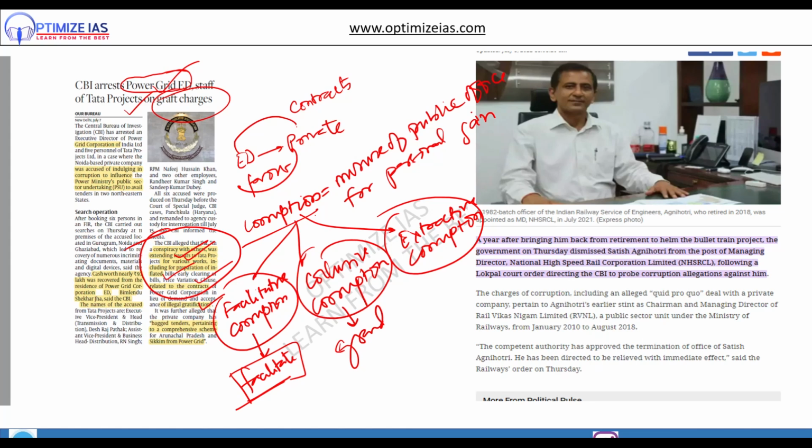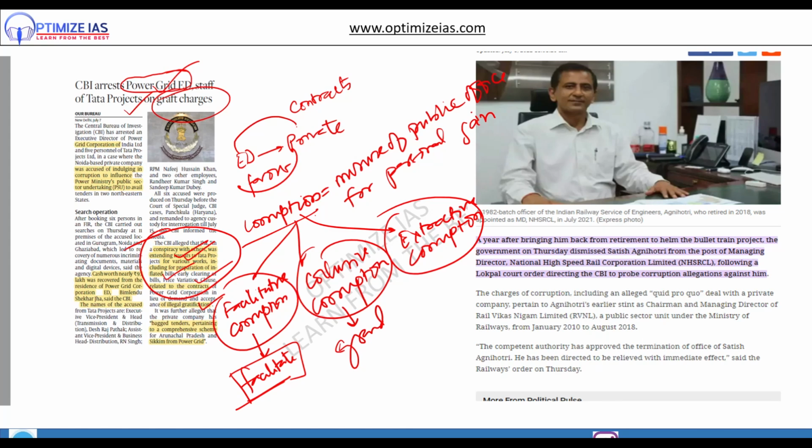Generally, the perception is that the bribe giver is a person who is harassed, and the bribe taker is a person who is exploiting. But in this case, it is the bribe giver who is also gaining something out of the collusive corruption, and the bribe taker is also gaining. So collusive corruption is a very big thing, and grand corruption,